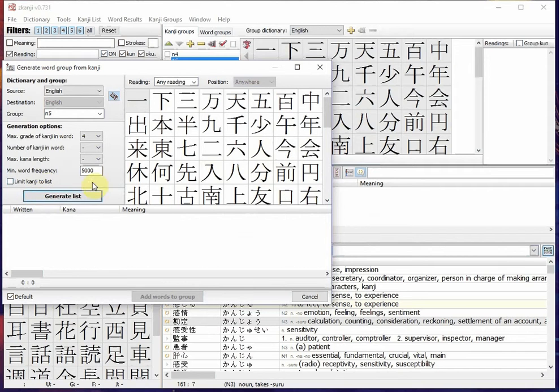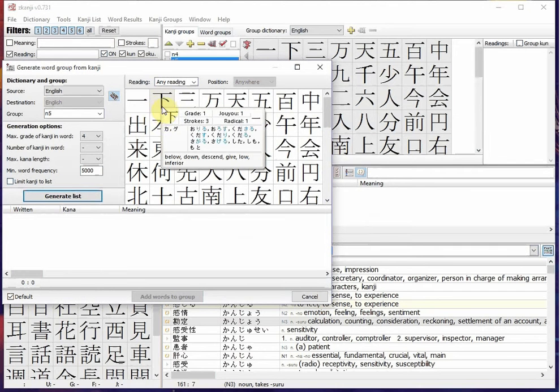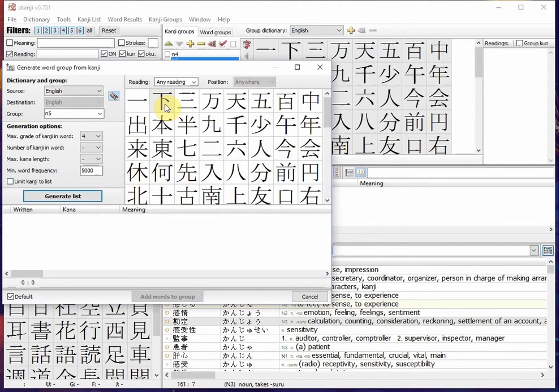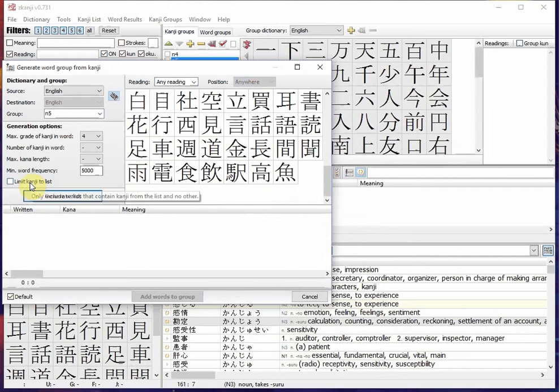If you unselect this, it means that you will also be getting words that contain other kanji, such as, for example, this kanji grouped with some N6 kanji or N4 kanji or some other kanji. But even if you use only the kanji that are in this list,